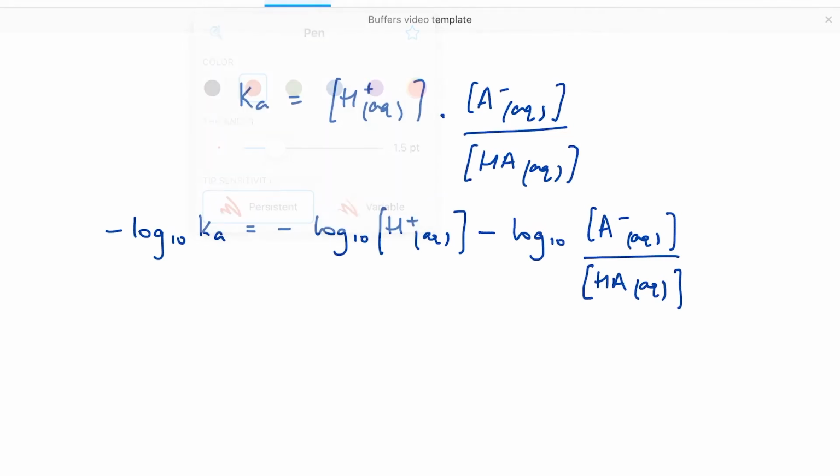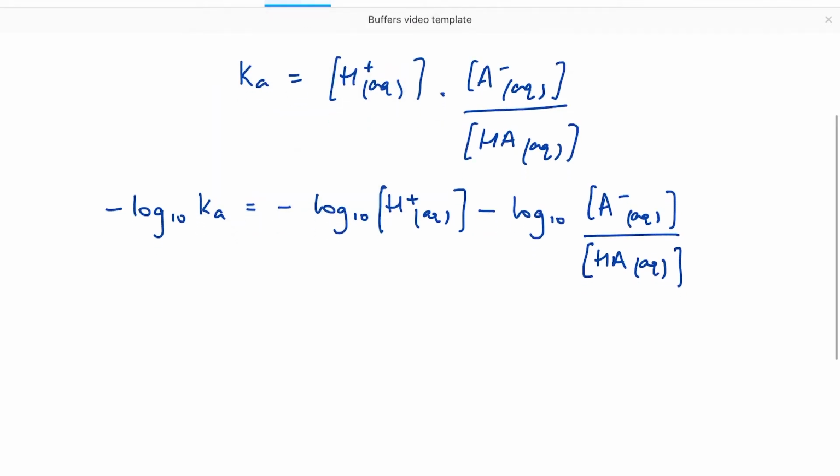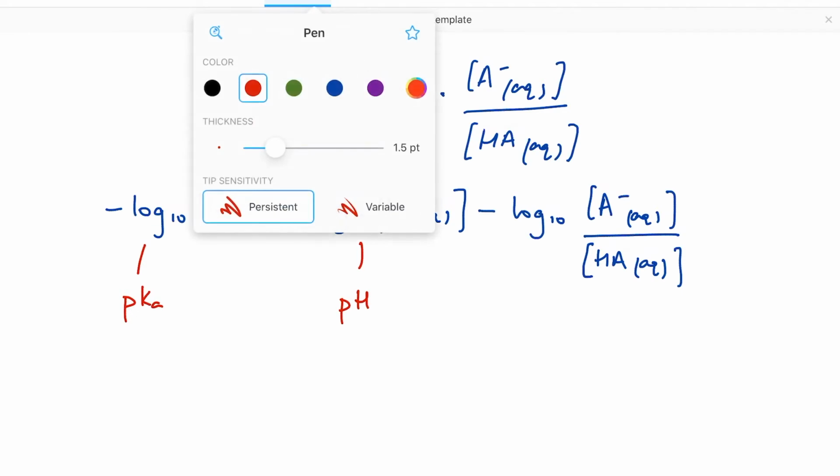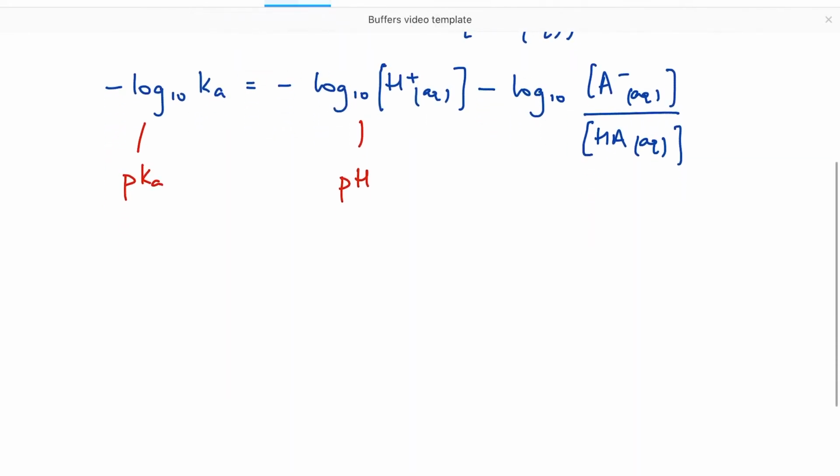Now, you may notice here that minus the log of the Ka is pKa. Minus log 10 of the hydrogen ion concentration is more commonly known as pH. So this expression becomes pKa of our weak acid is equal to the pH